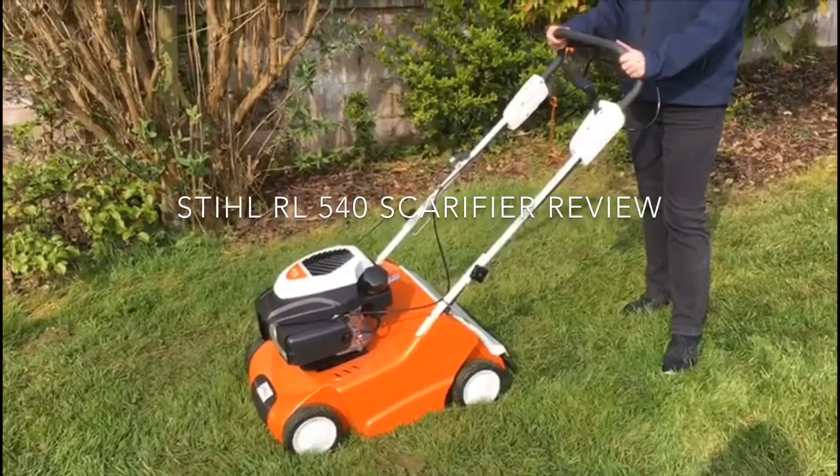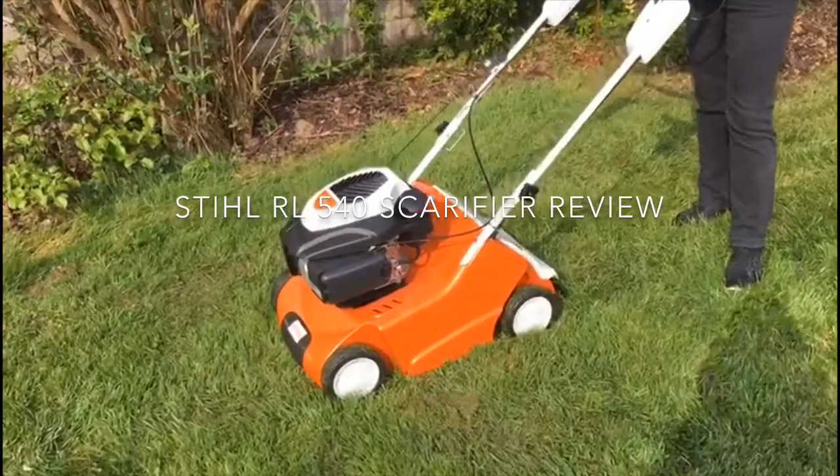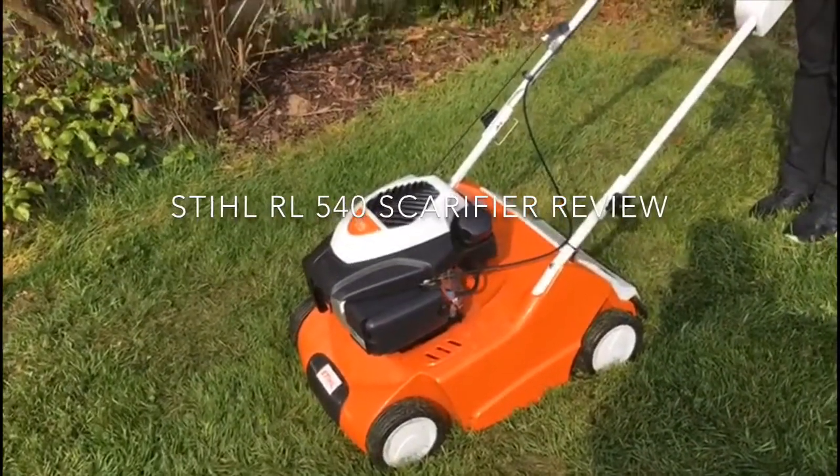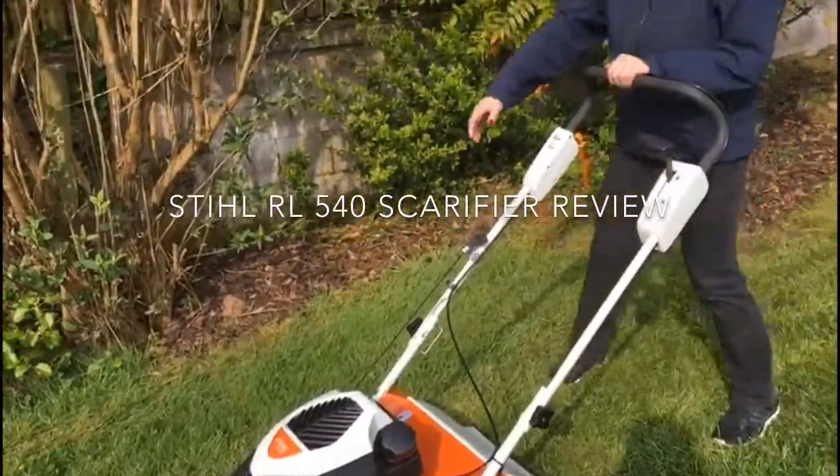This is a scarifier which is used to take the moss out of the grass. I'm going to show you how easy it is to use. So you pull the handle here and just